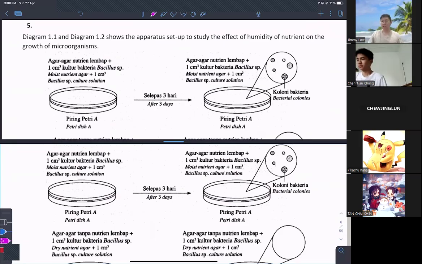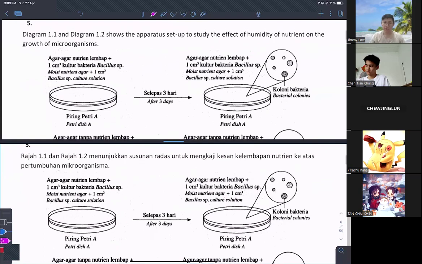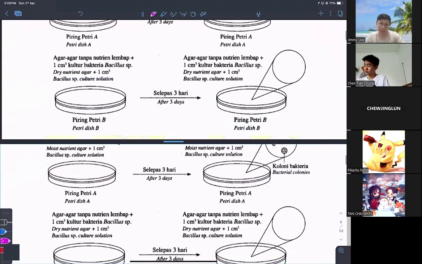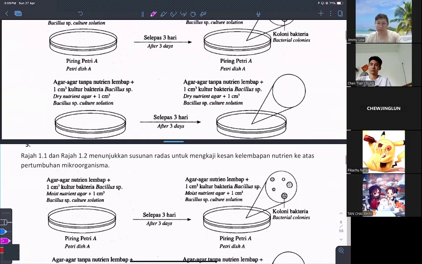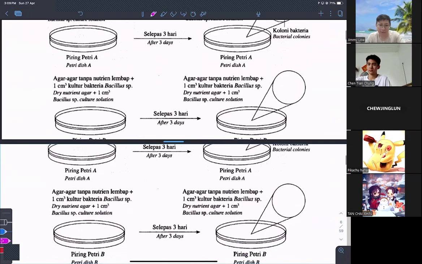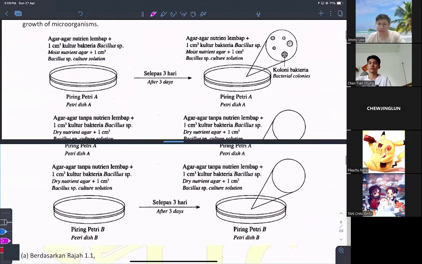Okay, when the question comes without a table, how do you get the MV and RV? Okay, as well, question number 5. When it comes to MV and RV, but the table is not given, then what can you rely on? You can rely on the diagram. Find the difference from the diagram.